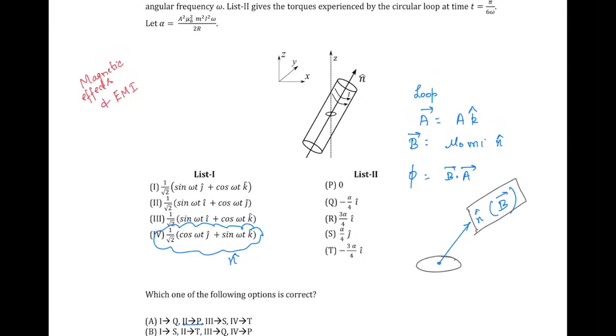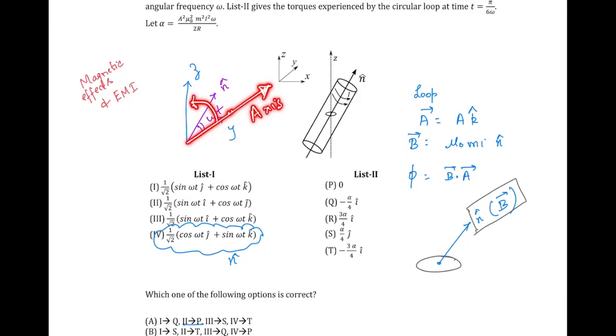So I would want you to observe that if we take the y axis and z axis, and n cap would be pointing somewhere over here like this, where this angle is going to be omega t. So originally the solenoid would have been along y, and the axis of the solenoid, I'm talking about that n cap direction, would have been along y, and rotation happens like this